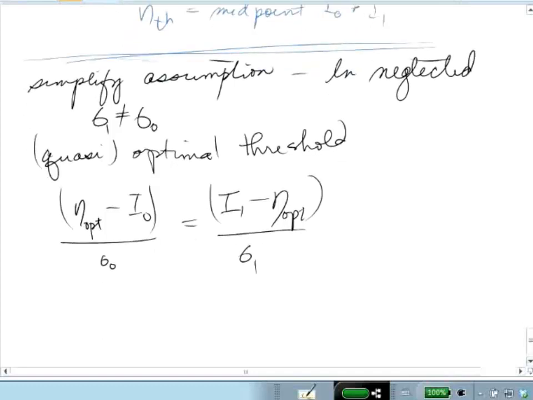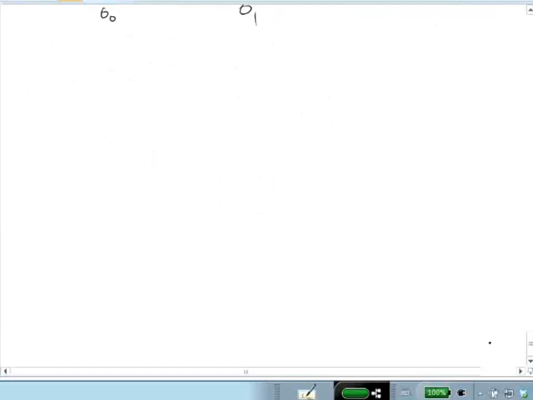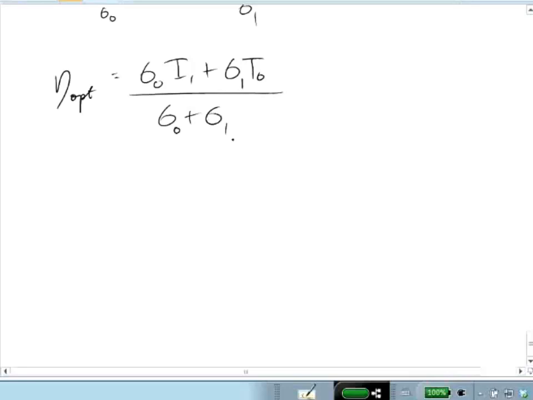And when I solve this, I get that the optimal threshold is sigma 0 I1 plus sigma 1 I0 over sigma 0 plus sigma 1. So one of the things that you'll be exploring in your validation is use of the optimal threshold. And one thing you'll find is that you really shouldn't use the optimal threshold, because the optimal threshold will not actually give you the minimum bit error rate because of various